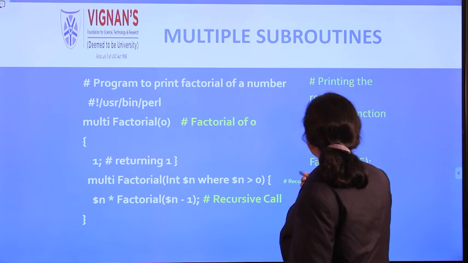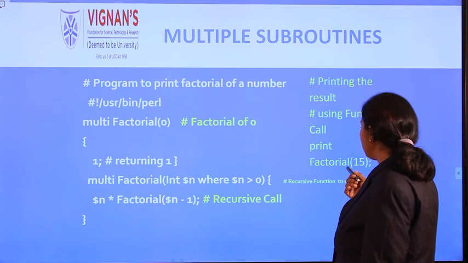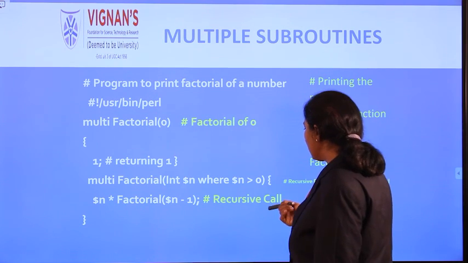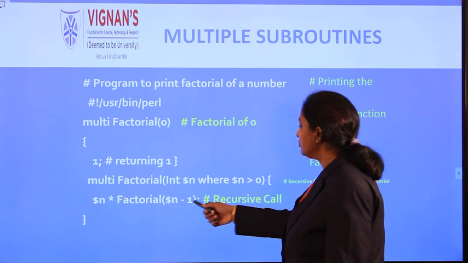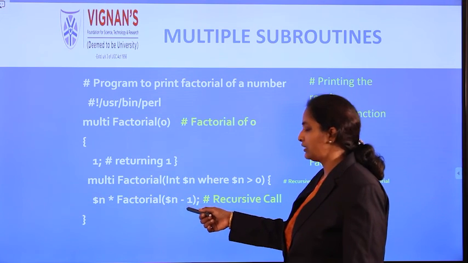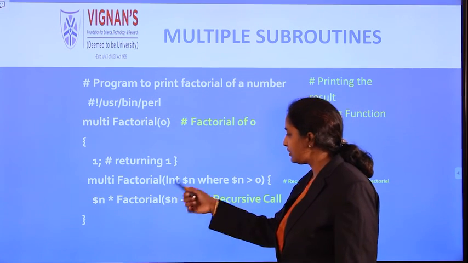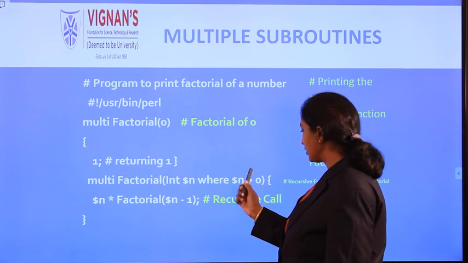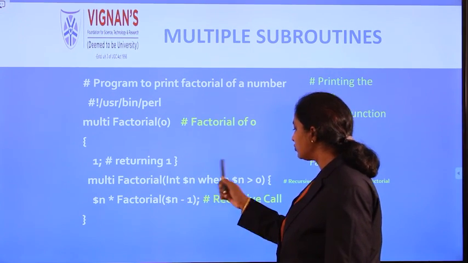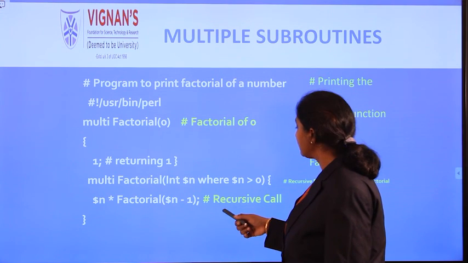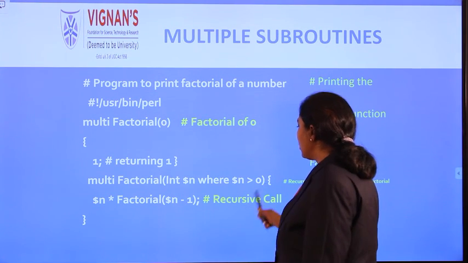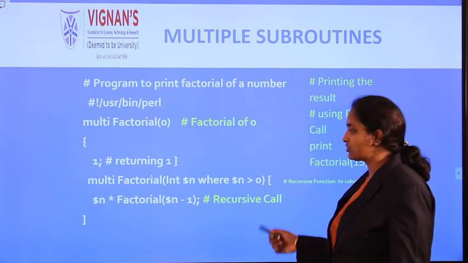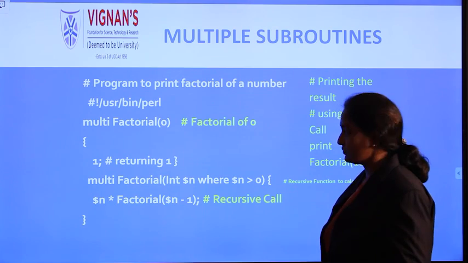So now see here, if factorial of 15, n is equal to 15, means 15 into 15 minus 1, 14. Now again this call is recursive. Whatever is there will be saved into n, then again n minus 1. Now it becomes 13. Like that it will go up to 1. So this is the way you can do the recursive action in functions.